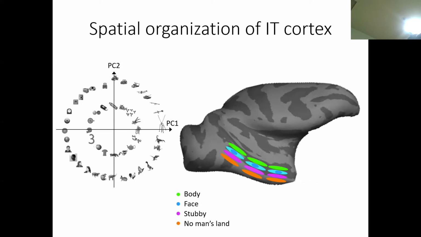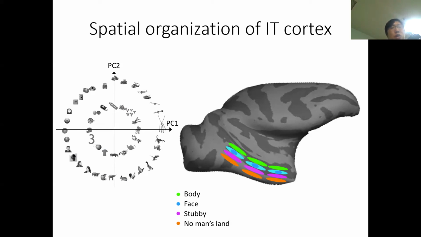What evidence is there in humans for this same level of organization? Has that just not been done yet? I showed you that before. This big versus small is one piece of evidence, because they also see large object versus small object explained by this PC1 space, and they also found the orthogonal axis is animate versus inanimate. The big and small and the animate and inanimate are orthogonal diagonals. I think those are very strong evidence to support our